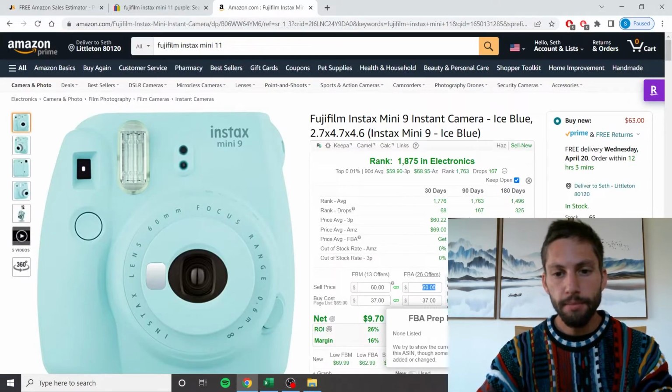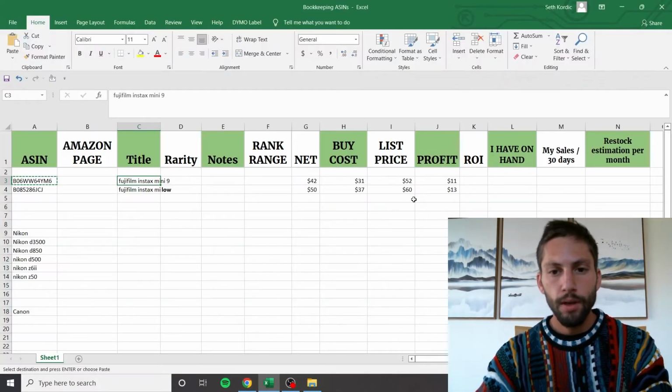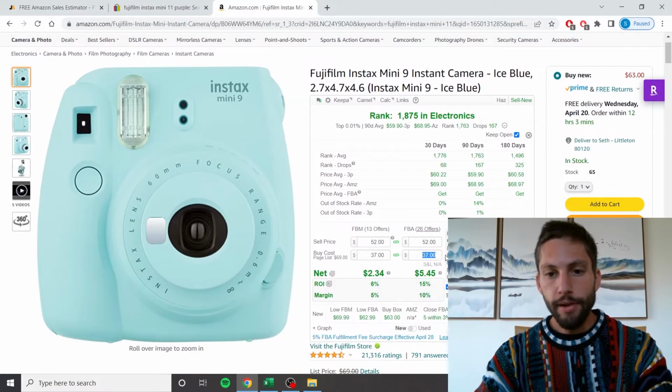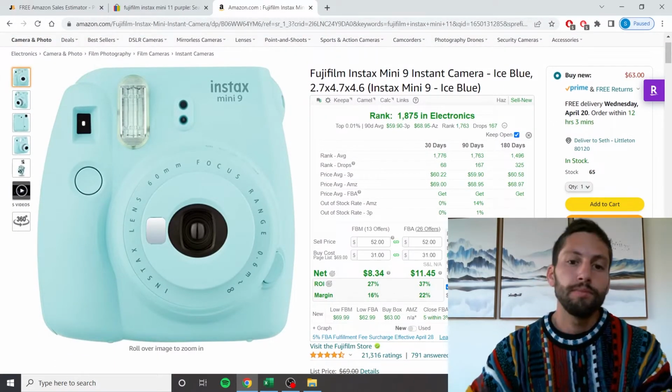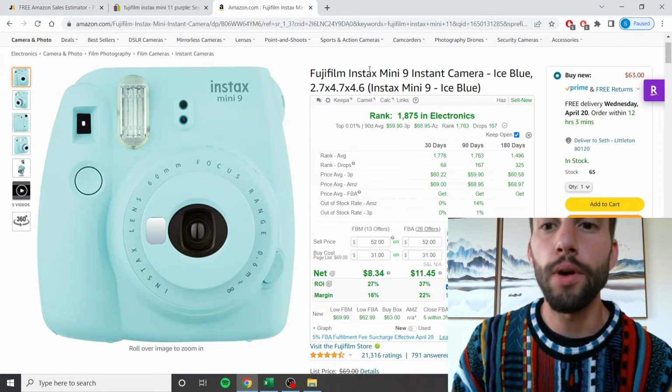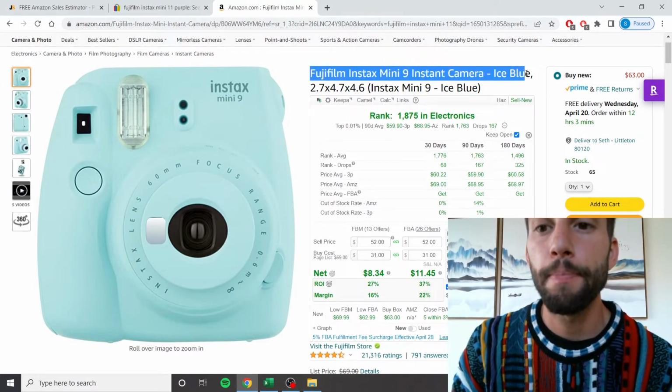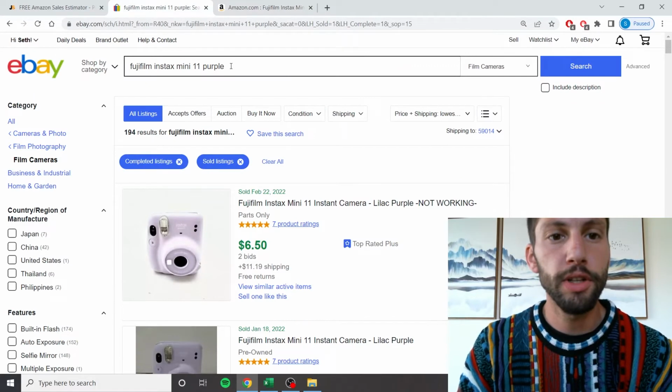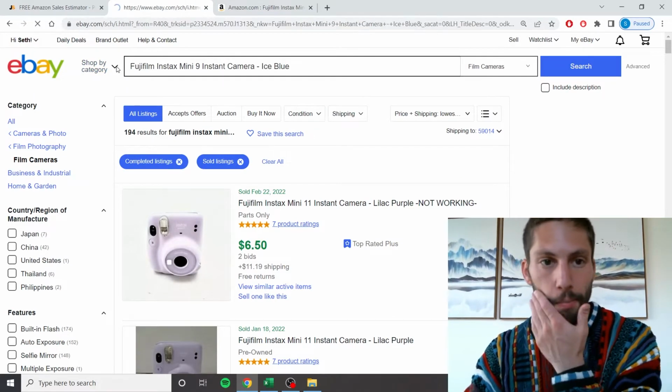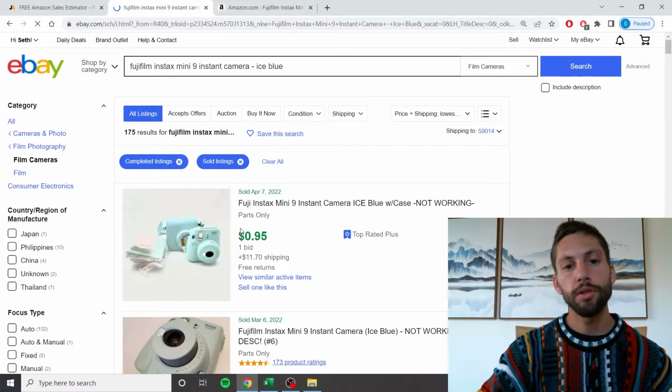Okay, so the 9 actually sells for 52. We want to buy these for 31. Yeah, so we want to see if we can find these for 31. Take this, put it into eBay. We do the exact same thing. We're seeing the solds, so